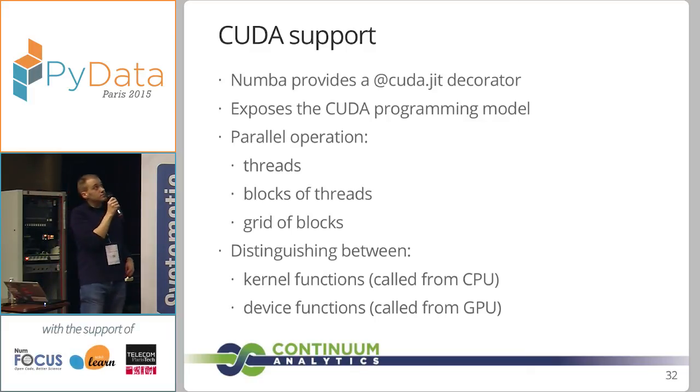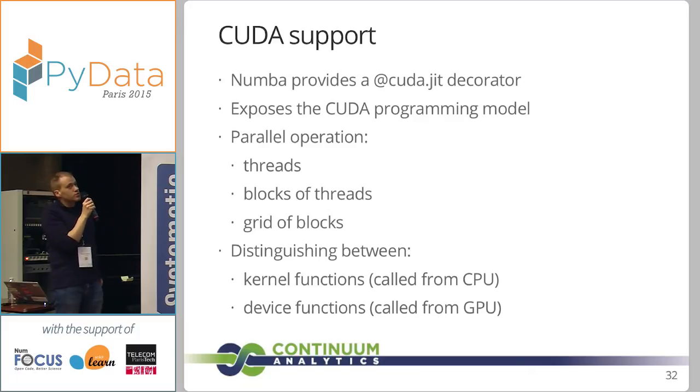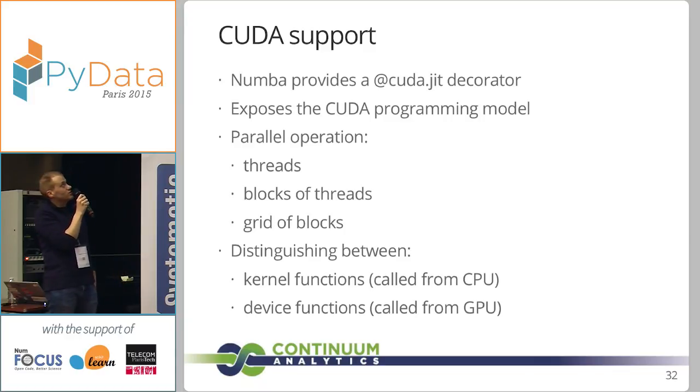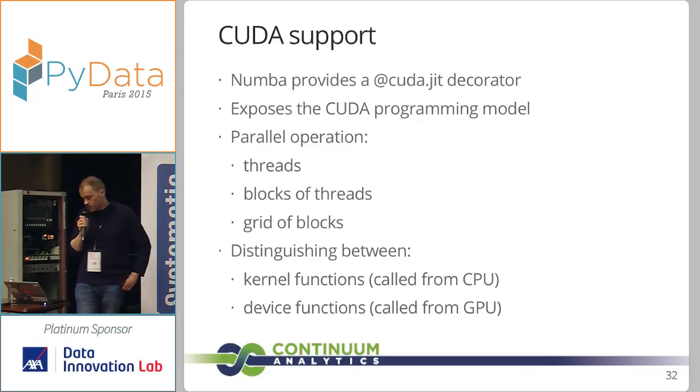So now, CUDA support. I mentioned you can run some code on the GPU using Numba. There's a cuda.jit decorator, which works almost like the jit decorator. It doesn't try to hide the CUDA programming model. I don't know how much you know of the CUDA programming model, but it's quite different from the normal sequential programming model that you have to use on